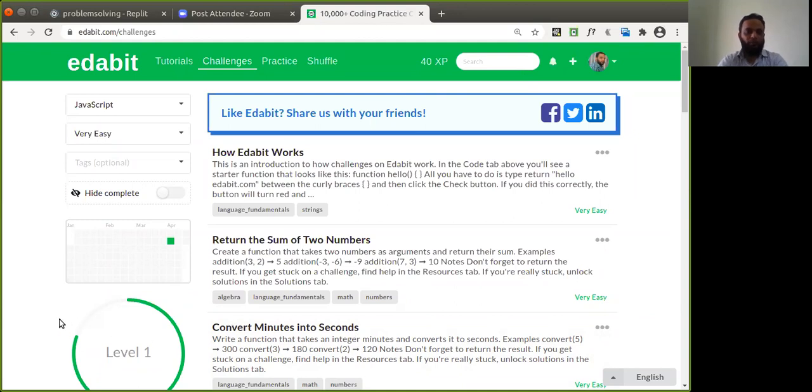Yeah, let's go to Adabit and solve a few problems here on arrays.